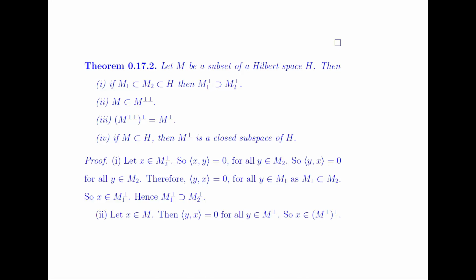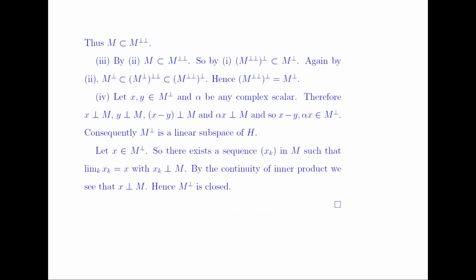Now we discuss the second part. So let x belong to the set M. Then for all y belongs to the orthogonal complement of M, we have the inner product of y comma x is equal to 0. So x belongs to the orthogonal complement of the orthogonal complement of M. Thus M is a subset of